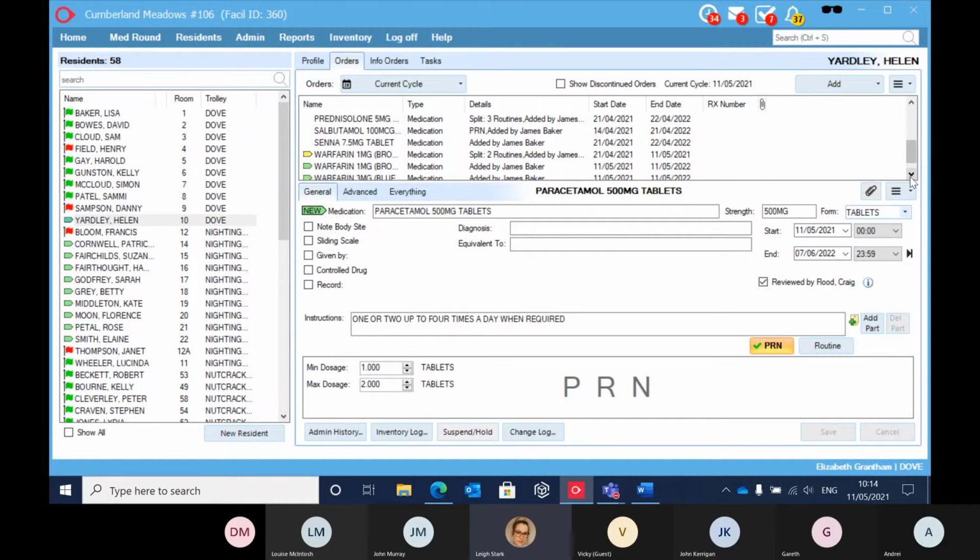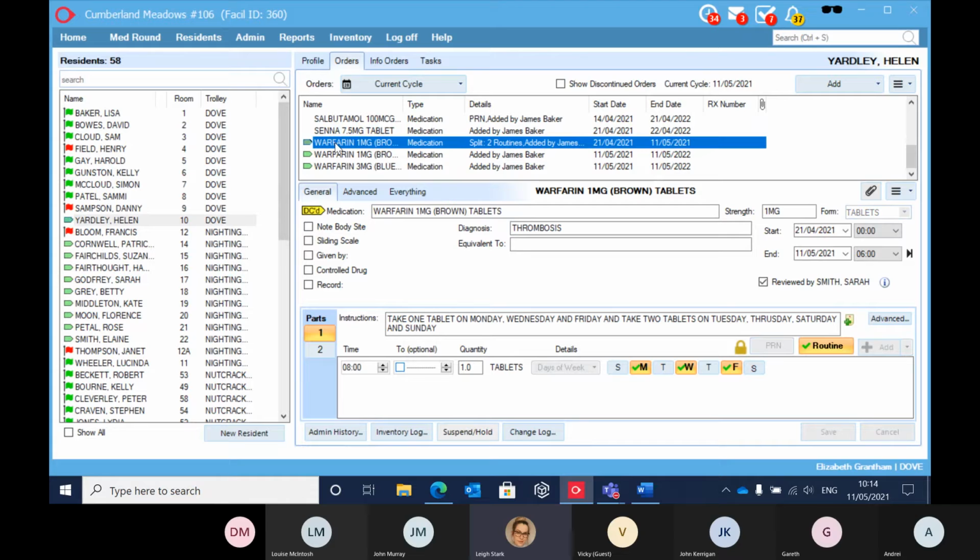We've also got the yellow one, which we can just see there for Helen on the warfarin. That yellow one means that drug has been discontinued. Again, it will stay on the system for a period of time. It will stay on the system for 3 days to warn you that it's been discontinued, and then it will